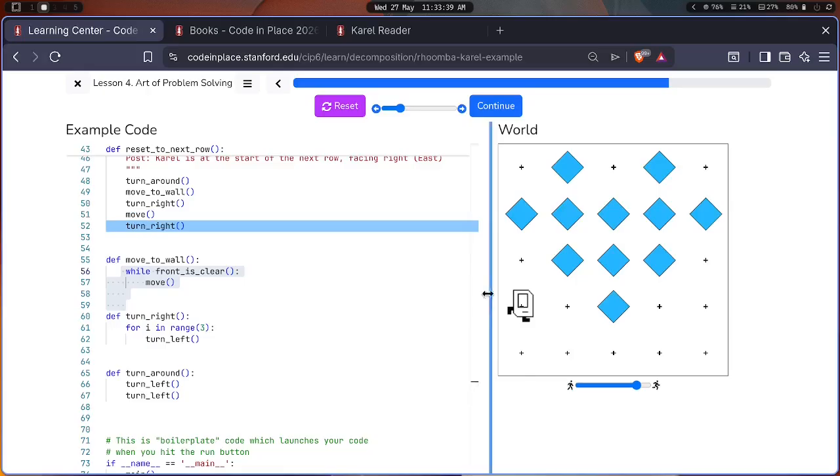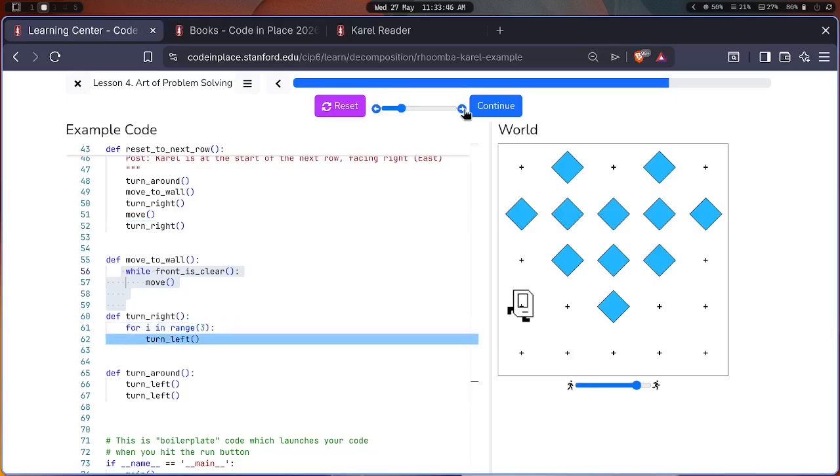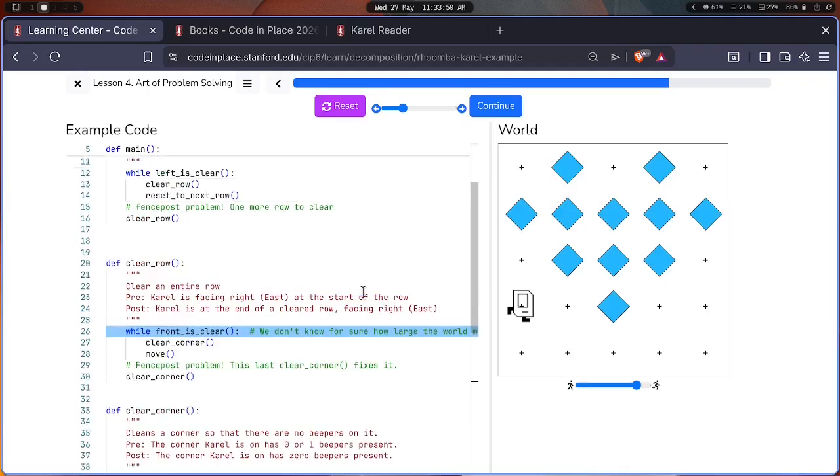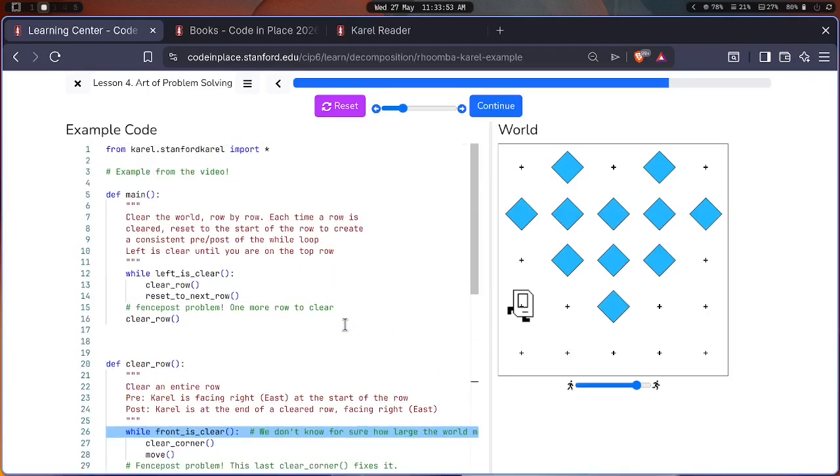So if we say move, it has moved upwards. And now we have to turn right so that it faces east again. So yeah, it does that. And we are back to clear the second row. And then we'll clear the third row and so on and so forth